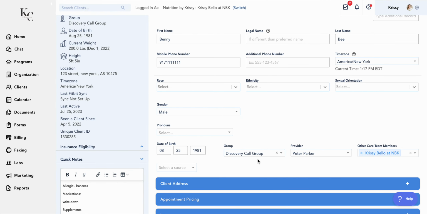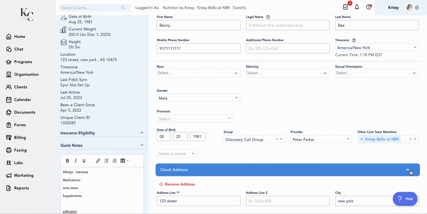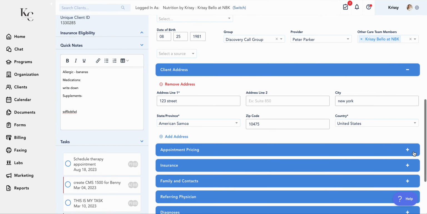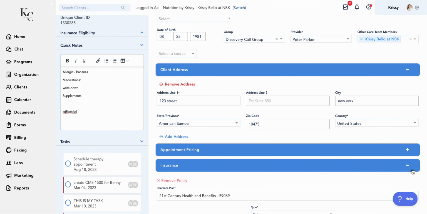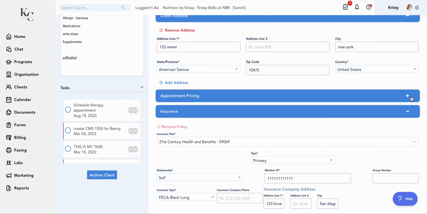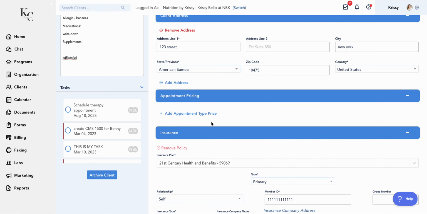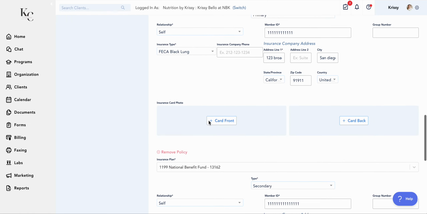Here you can see what group they're a part of, who the provider assigned to them is, and other care team members, their address that they have on file, their insurance information, advanced settings for appointment pricing if you want to apply a specific price for this client for each of the appointment types,